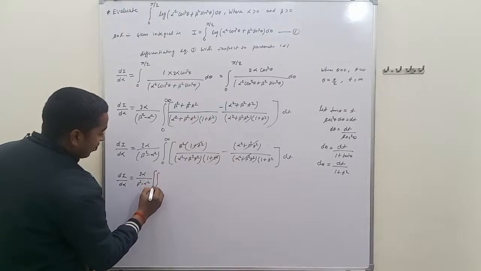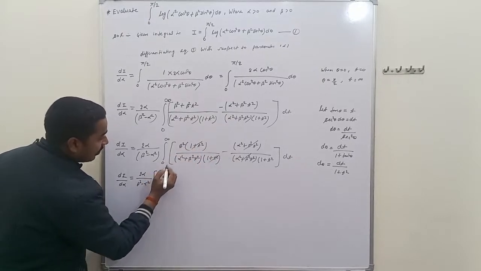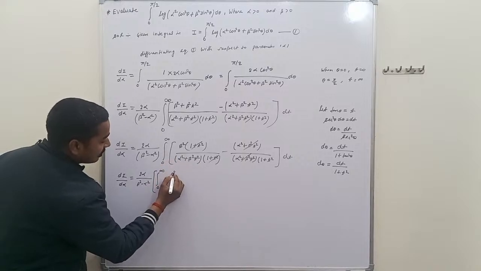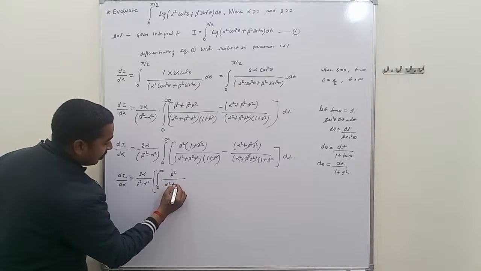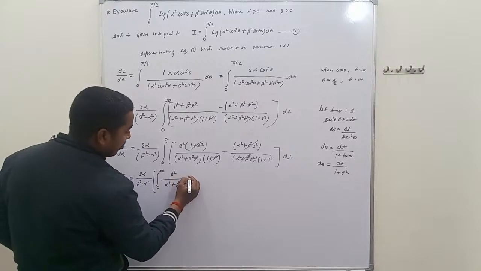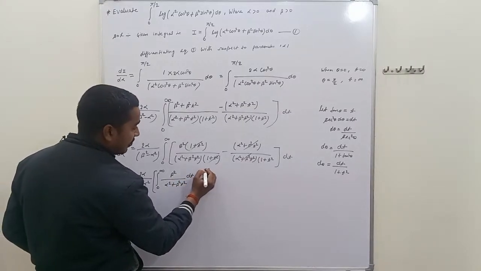One integral, with limit 0 to infinity, is beta square upon alpha square plus beta square into t square, and this is dt, minus 0 to infinity integral